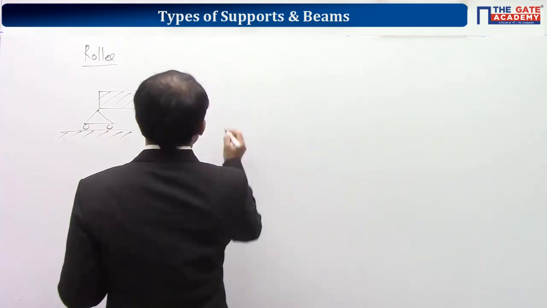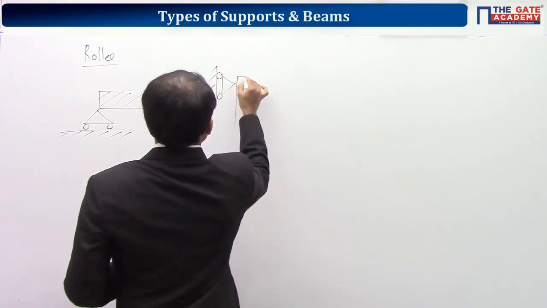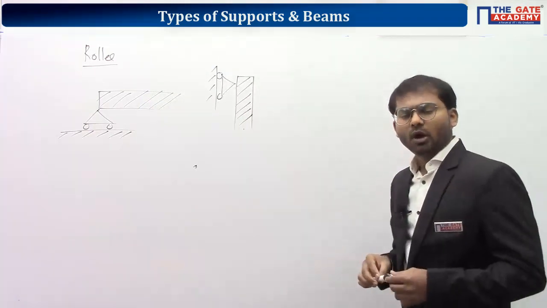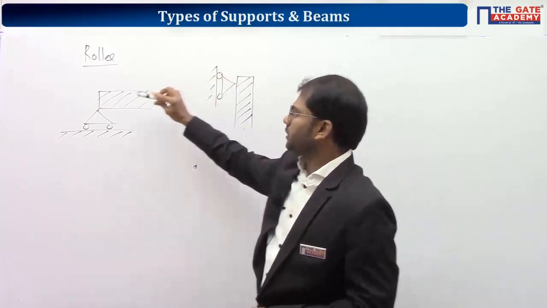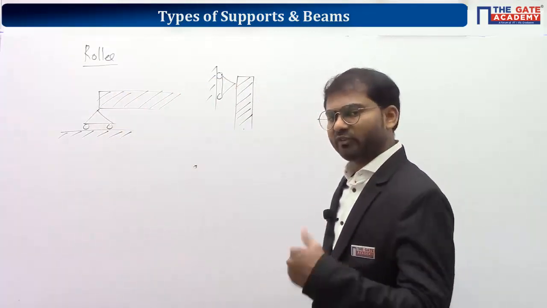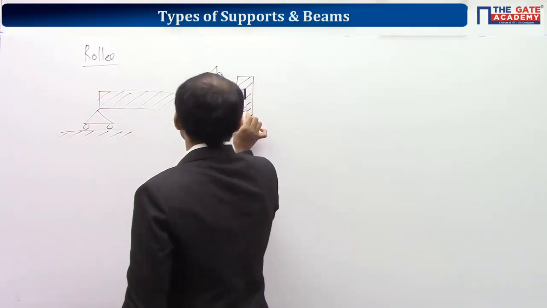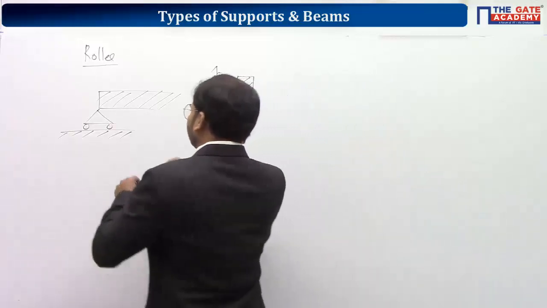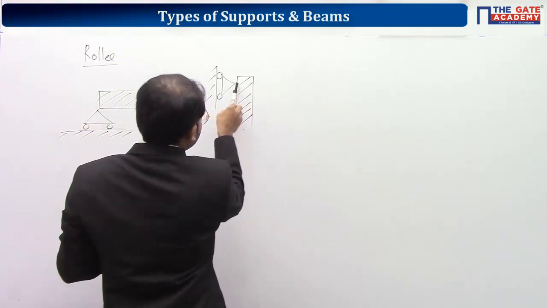If you are taking this type of beam, here the beam is not allowed to move horizontally. Okay, so it cannot move horizontally this side or this side. Clear? Understood? Same way here also, this cannot move vertically downside or upside. It will not be allowing that. But it is free to move in one particular direction. So here in this case, it is free to move due to the application of load in the horizontal direction. In this case, the beam is free to move along the vertical direction. Understand? And the other thing is, here the beam is free to rotate about this point like this. So here also the beam is free to rotate about this point.